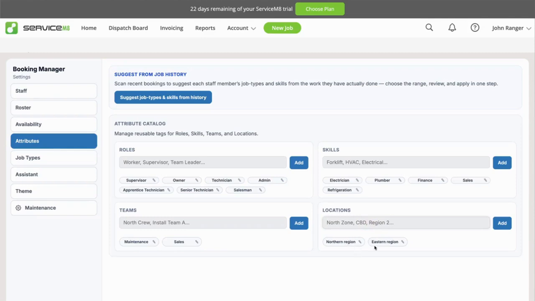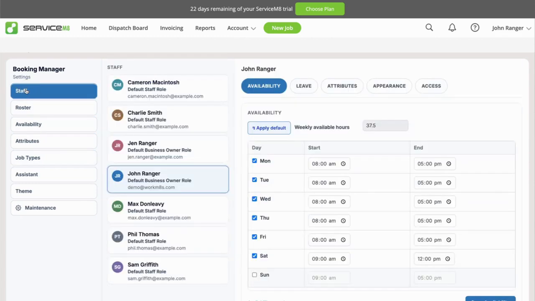It's literally just a tag. So maybe you define a location called Northern Region versus Eastern Region versus Central Business District, whatever you want. So you come up with your own location tags. So once those attributes have been set, then come back to your staff, and then you can start setting their